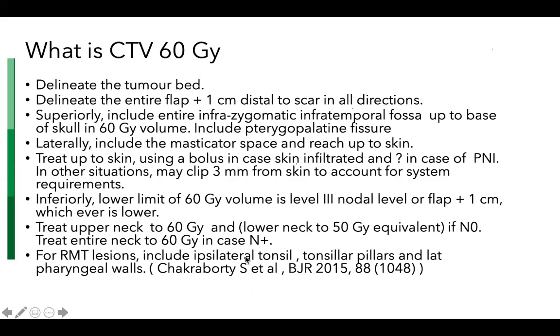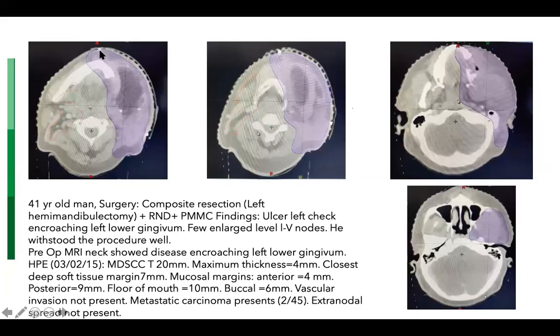So this is how we would draw the target. This is the wire. This may be the wire of the flap. There would be another wire for the posterior extent of the scar in the neck. And then we would include the flap. We would go 1 centimeter, at least 1 centimeter across. On the other side, we would include the mandible and at least 1 centimeter of the floor of the mouth, 1 to 1.5 centimeter of the floor of the mouth.